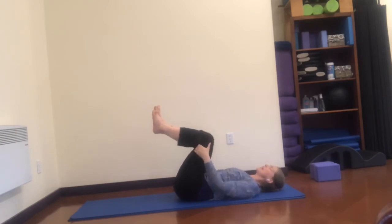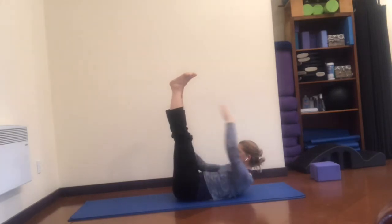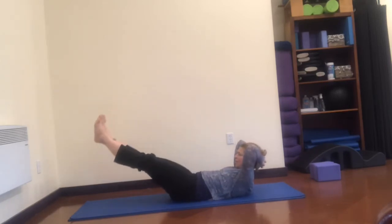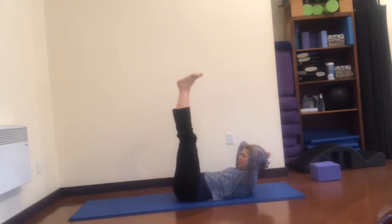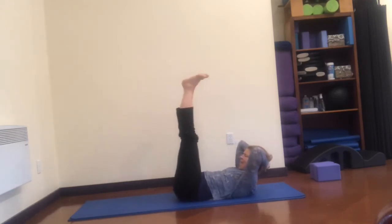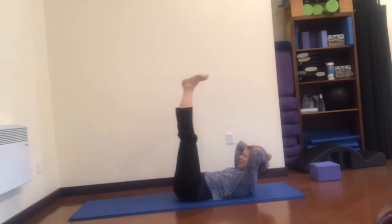Hold on to the back of the legs, curl your head and chest up. Legs straight up to the sky, hands behind your head. Okay, but still with that same low back control that you had in the previous 2 exercises. Lower, lower, lower, and lift. We'll just do 3 because we've already done quite a few of these. And back up, and you go down. If you can go down low, do it, but keep your low back on the mat, and back up, and